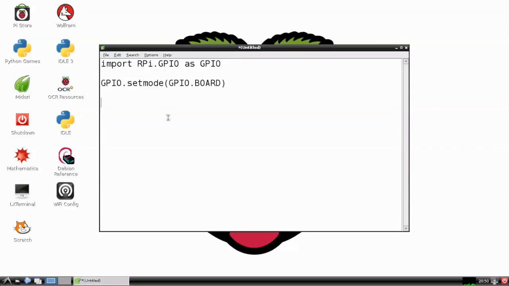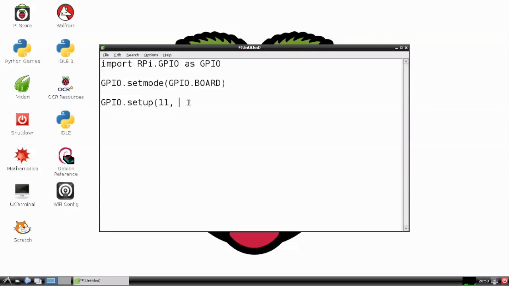So the next step for us is to start setting up the individual pin. So I'm going to type GPIO dot, and we're going to set up a pin. And what would we like to set up? We'd like to set up pin 11, which is the one that we've wired into. And I'm putting a comma to give this function another parameter. So GPIO.setup, we tell it that we want to work with pin 11,